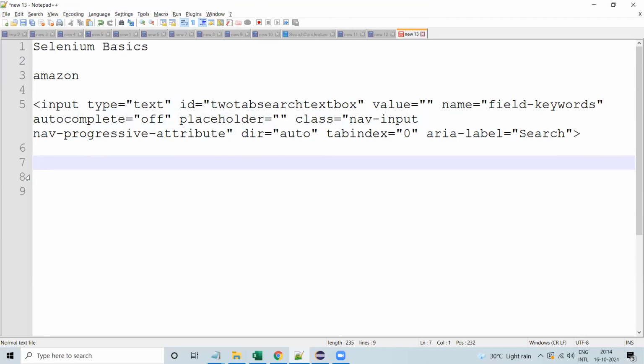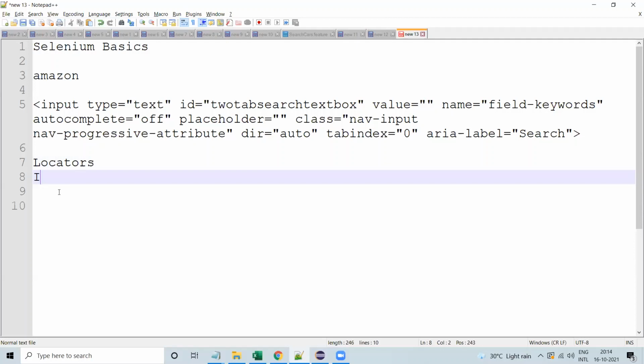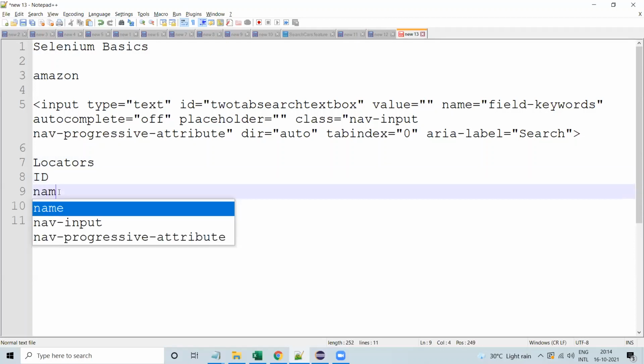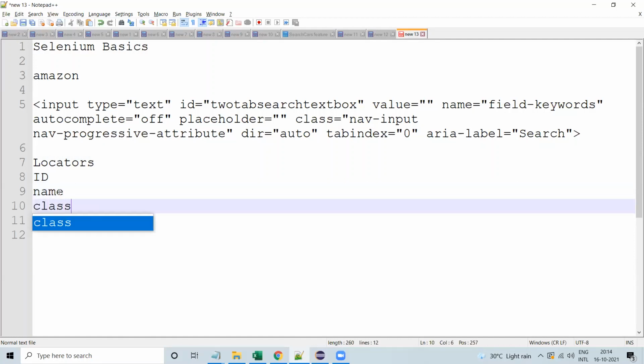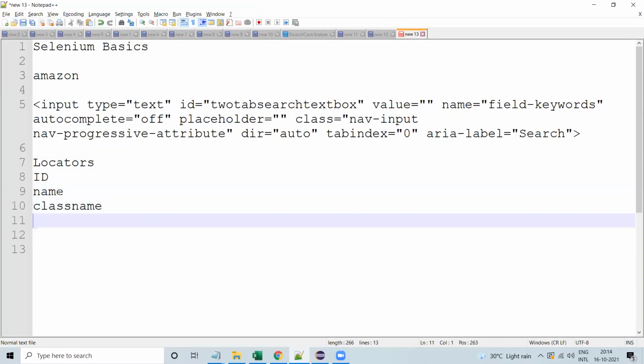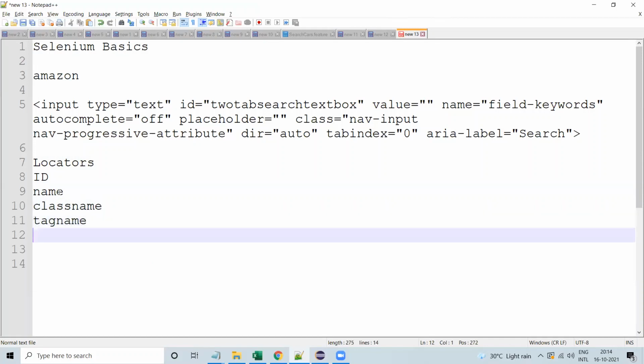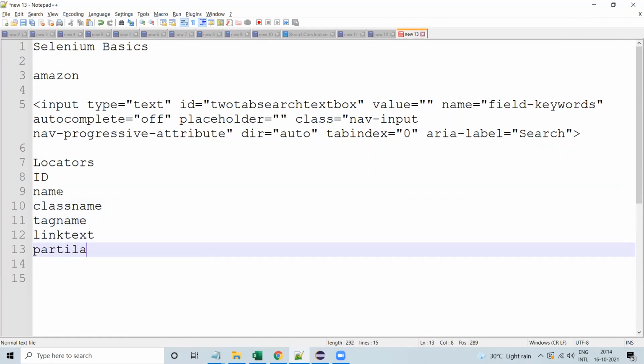These are element locating techniques over the web, so we call them locators. Locators could be ID, name, class name, tag name, then we have link text, then we have partial link text.